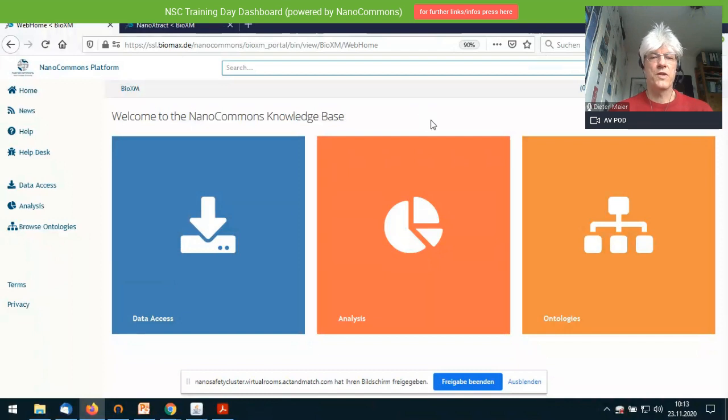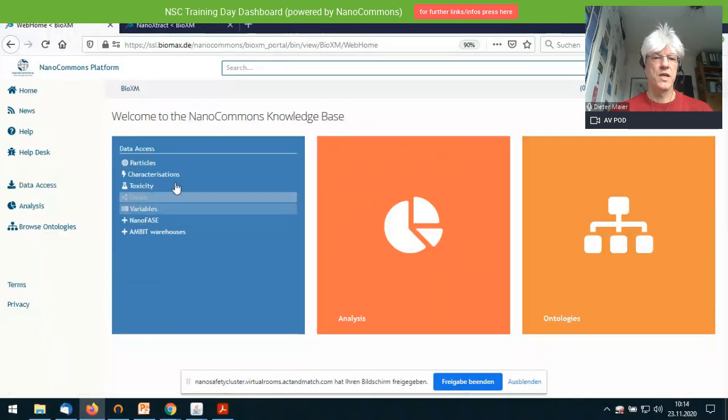And then the navigation within the system is on the left hand with a navigation menu. The entry page sort of repeats that menu. So you have your data access part here, where you have access to different particles, to characterizations, toxicity data, omics data, and so on.